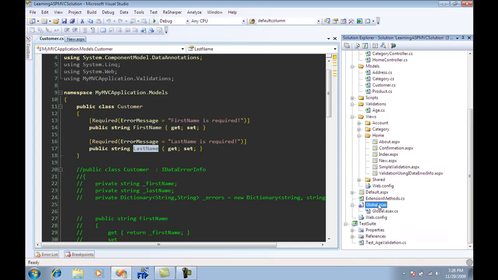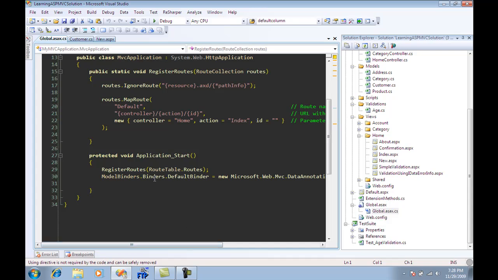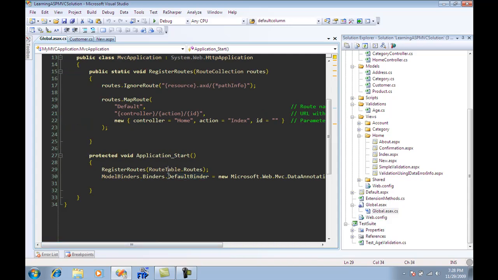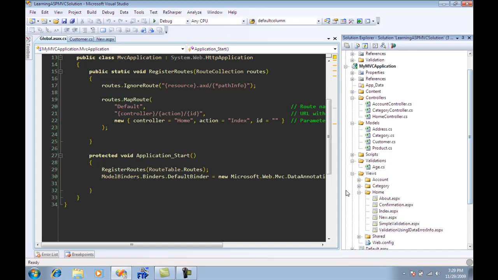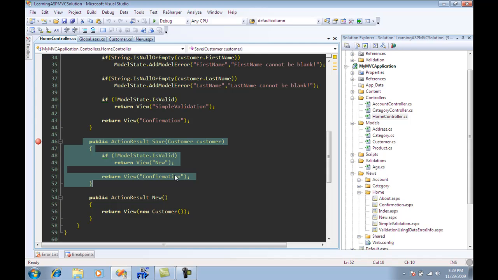One last thing to do is to go to global.asax and set the Binders.DefaultBinder to the data annotations model binder. This will initialize the model binder framework for the data annotations. If you check out the controller, it's as simple. It doesn't really have anything. It just says it's valid, because all the validation is now performed by the data annotations using the attributes. Now if I run this,